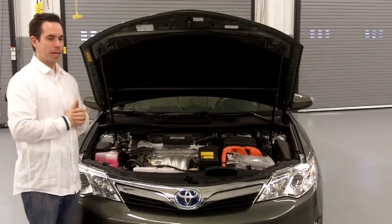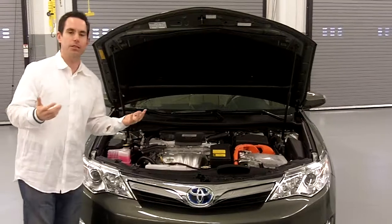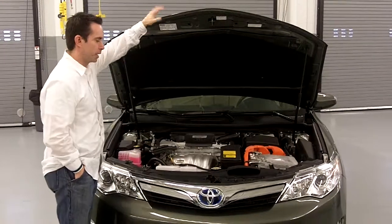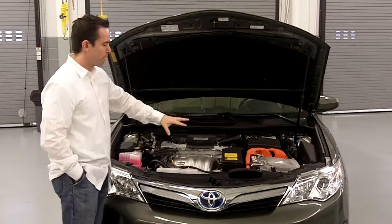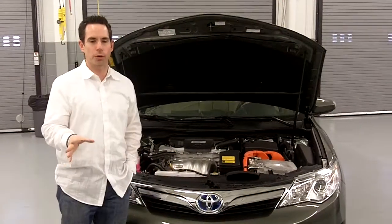So phenomenal gas mileage out of this car. And Consumer Reports also just named this car the overall best family sedan on the market. So 200 horsepower out of this powertrain. And a lot of first-time hybrid buyers might be asking you, how does all this work? So I want to give you a brief explanation of how hybrid synergy drive really works and how to explain